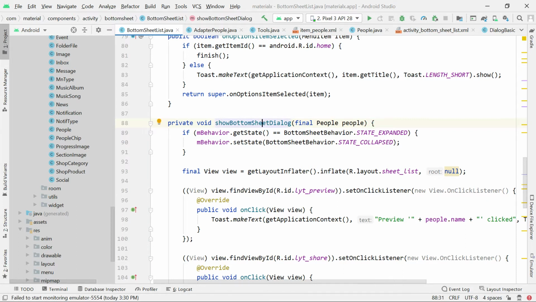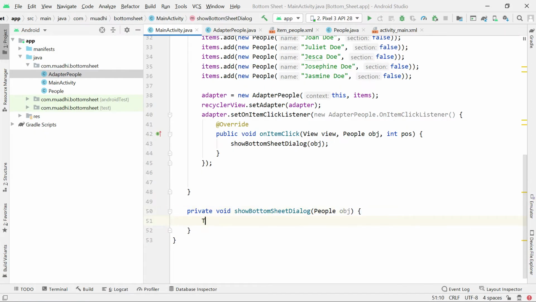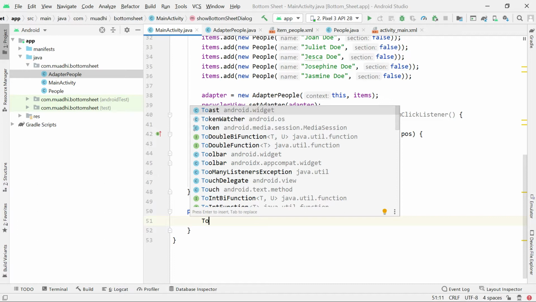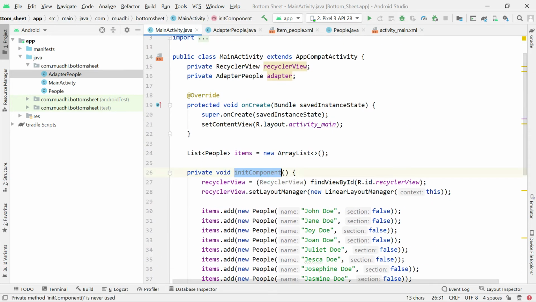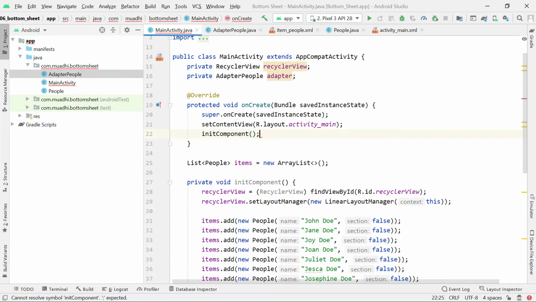So we have here bottom sheet. Okay, so here when I click here, I just say now time to toast short bottom sheet toast. I say time to show bottom sheet. I cannot give it to you now to make you lazy. I'll give it to you in the last class, when you graduate. When I graduate you, then I'll give a hassle. There we go. Now let us run it.